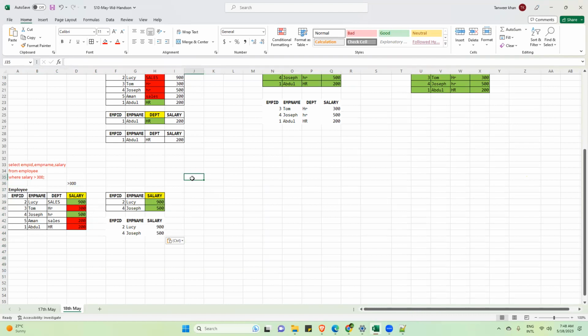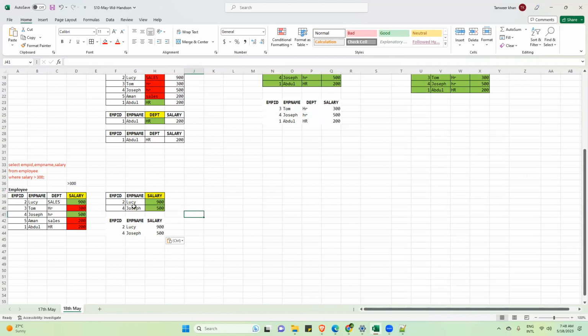No. Okay. Now suppose my manager asks me a question. Fine, Tanvir, you have displayed the results. This kind of conversation generally happens between a data analyst and the stakeholders. That's why a data analyst has to be very strong in SQL. You will work closely with stakeholders, and they will ask you this kind of question. Suppose you have displayed the employees who have salary greater than 300.